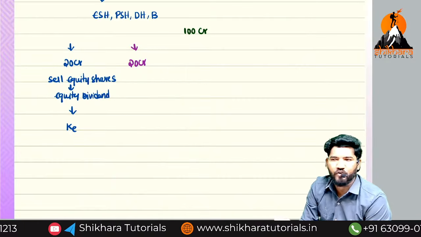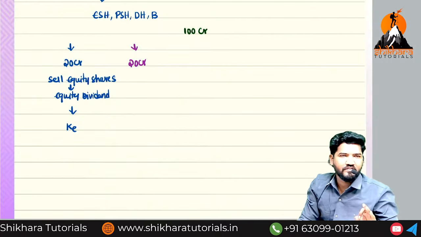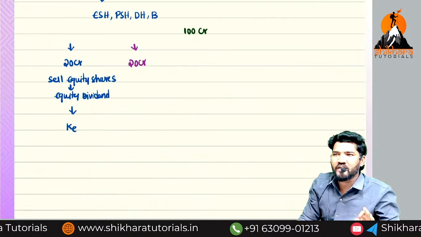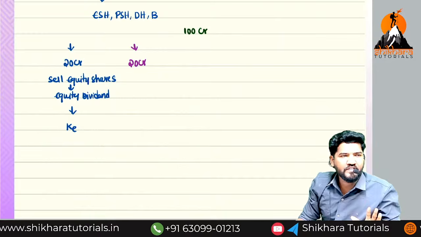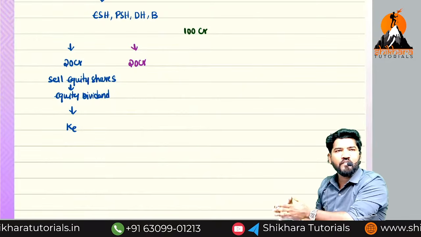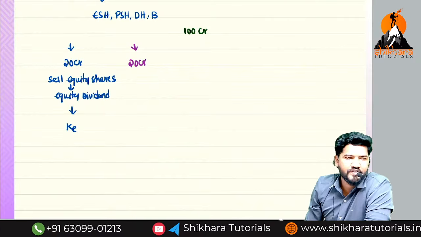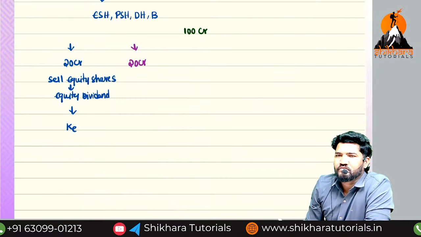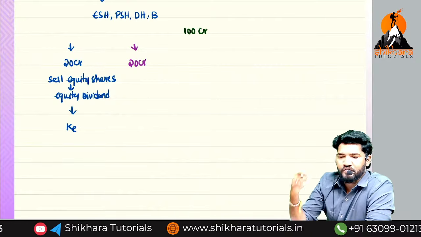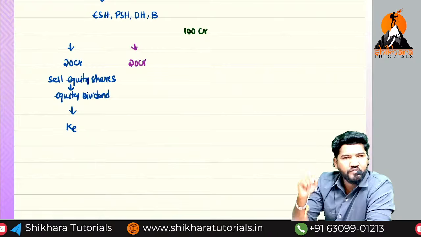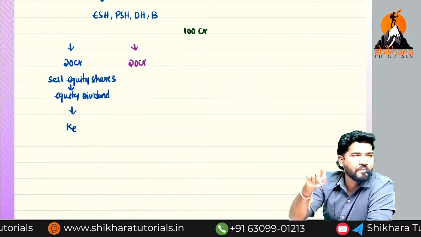Hope you understand the point clearly. You are not a true owner, I will treat you as an owner. I will give a profit share, but I can't give it irrespective of profits. I will give it only if there are profits, and before sharing with my true owners, I will give preference to you. That security is called preference share capital. In preference share capital, we do not give dividend if there are losses. We give it if there are profits, and before sharing with equity shareholders, we give preference to him.